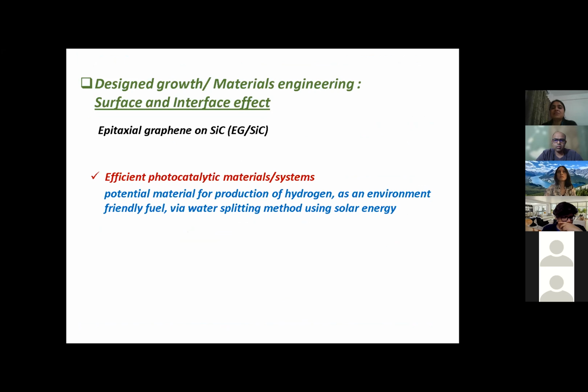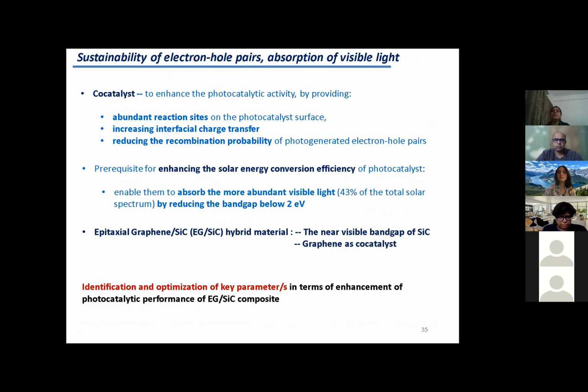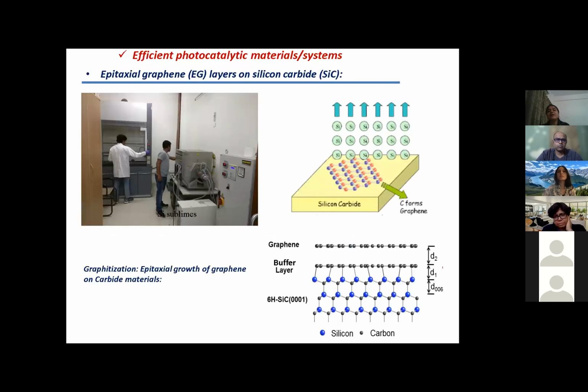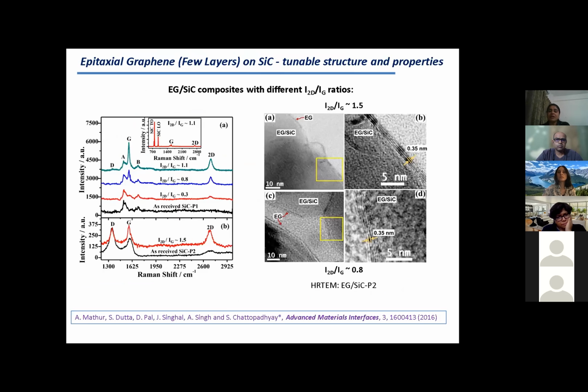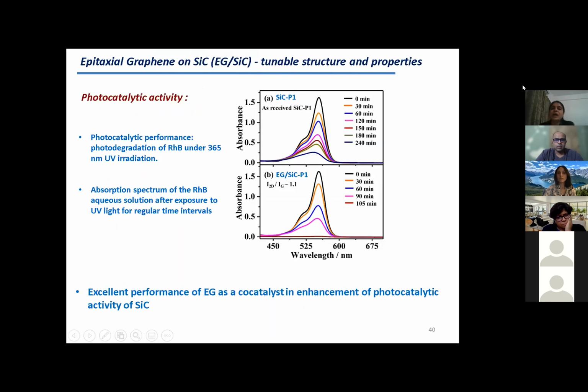So another aspect of the system is the surface interface coating, where you can convert the solar energy system. We have shown for the electron hole pairs, all of us know that solar system, whoever is working. So for the silicon carbide system, if we graphitize that system, only 1 or 2 layers of graphene, how it can enhance the capacity, I mean for photocatalytic activity. So we have shown that for normal ideal silicon carbide, sorry,